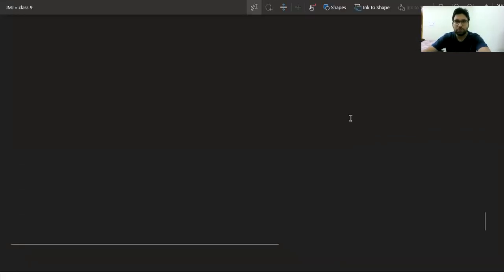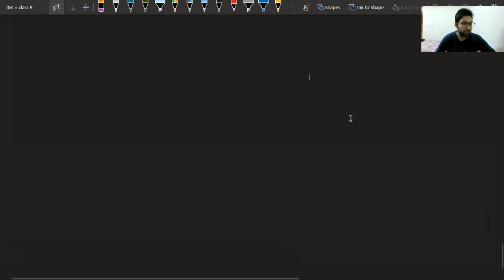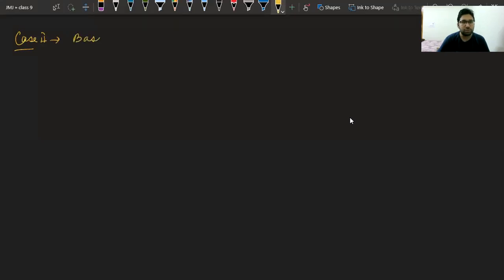So, good morning once again, everyone. Yesterday, we learned the case in which the sum of two sides is given to us, along with the base angle and base length. Today, we will see the second case of construction, that is case number 2, when the base is given in a triangle.